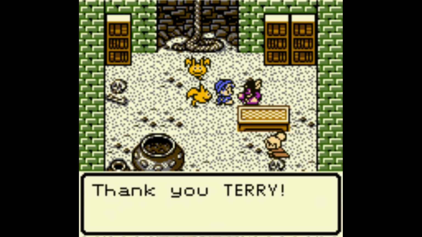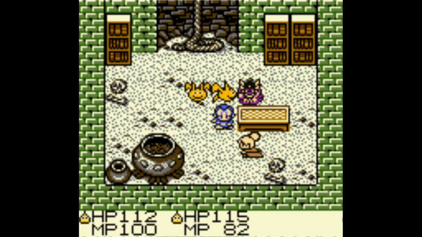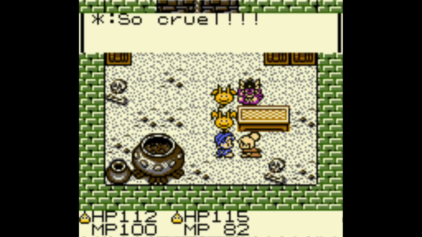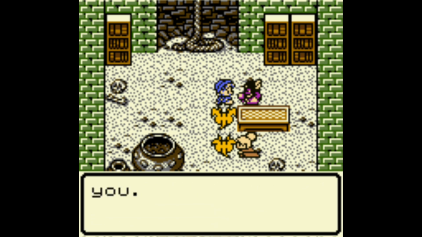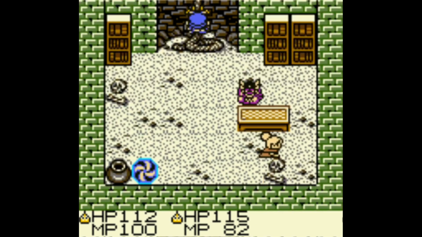There we go. Thank you, Terry. When my test is successful, you can take my assistant with you. Yay. It's cruel to give me away. So cruel. Yeah. Poor gal. Now, if I leave and come back...